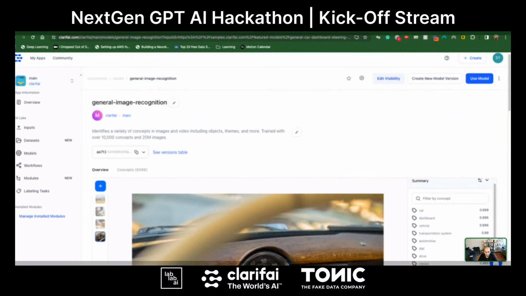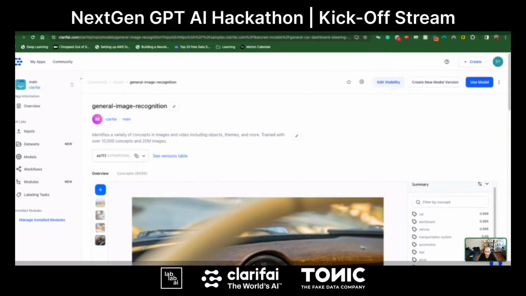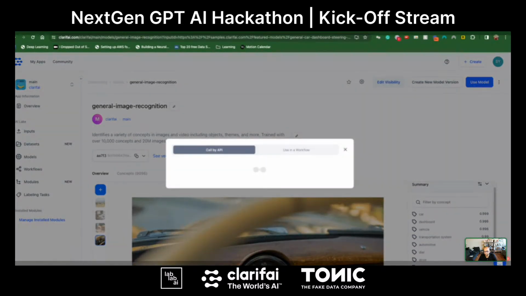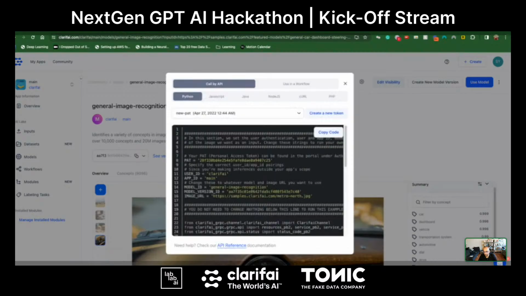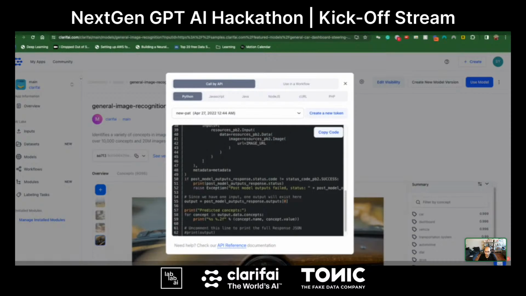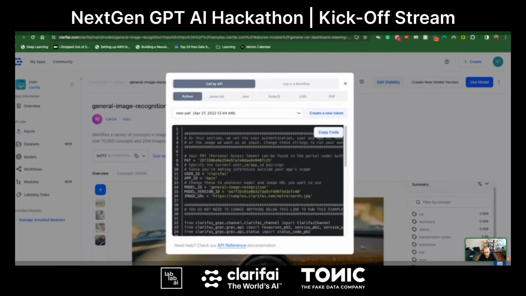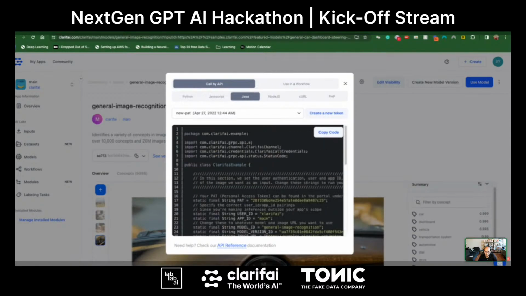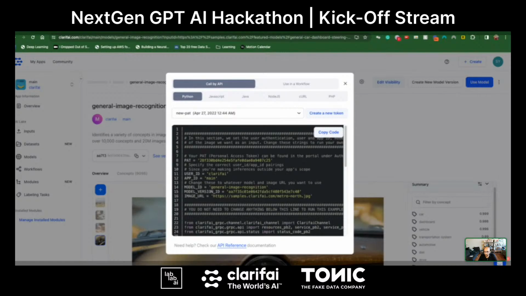At any point, if you want to use a pre-trained model or a custom trained model, under the model card, that is this page right here, or a similar page, you can always get the code for it by going to use model. When I hit that, it has just generated this code for me. Most of the time, that's what I'm doing: just copy pasting the code. And you can select your language. It's going to assume most of you will be using Python.